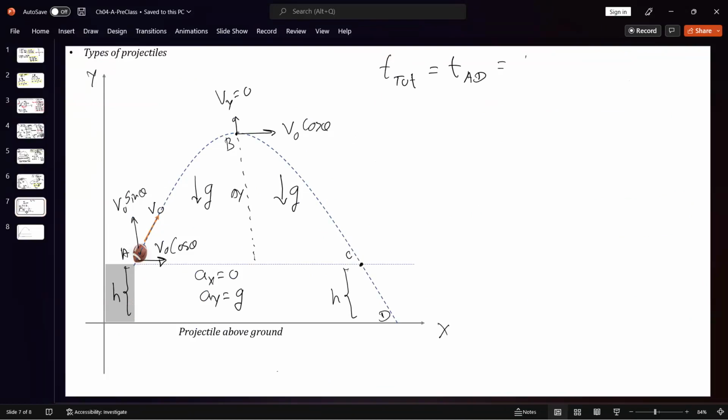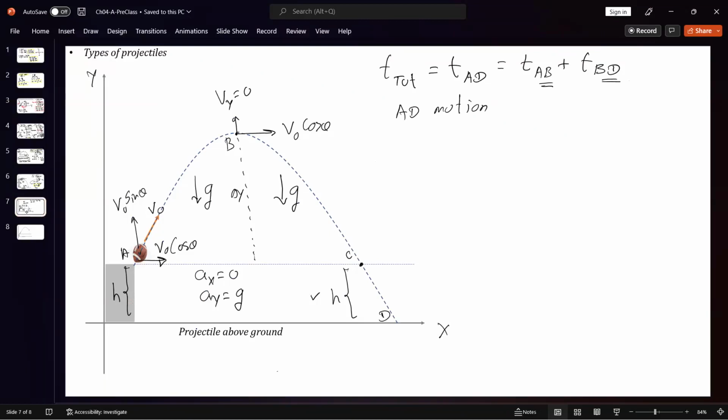Time from A to D can be written as time from A to B plus time from B to D. These two are not the same now. It is not symmetric because of this extra part. You have to be careful. So I can find the time this way, or I can find the total time by considering the A to D motion